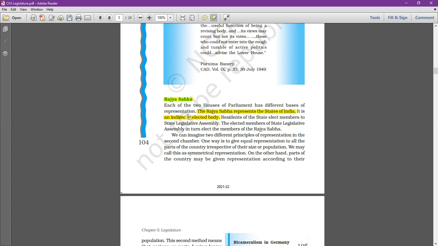So you know, in India seats are limited, seats are set. Currently there are 250 seats in total in Rajya Sabha. They are divided among different states according to the population of the states. Like in Rajasthan, for instance, we have 10 seats reserved. In different states there are different numbers of seats according to the population of that state. And the members of legislative assembly of that state will elect the members of parliament of Rajya Sabha. So that's how indirect election happens for the Rajya Sabha. The elected members of state legislative assembly in turn elect the members of Rajya Sabha.